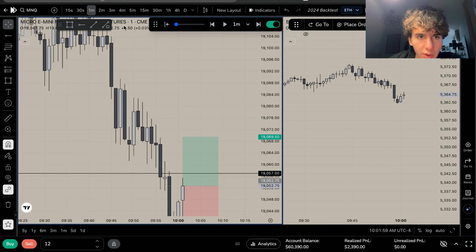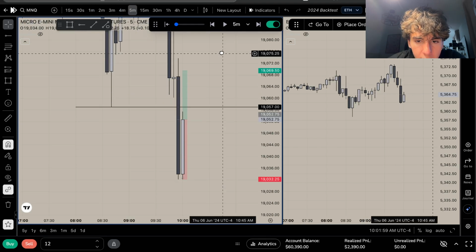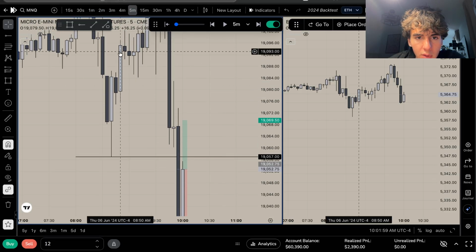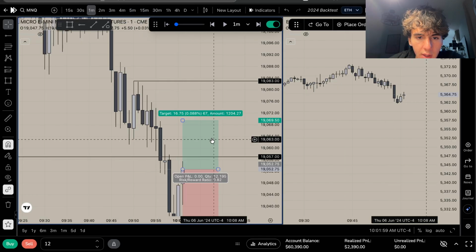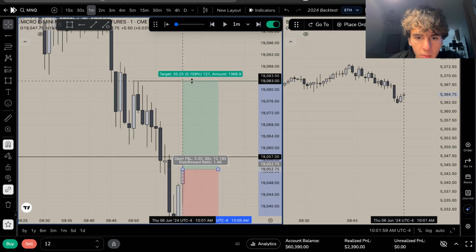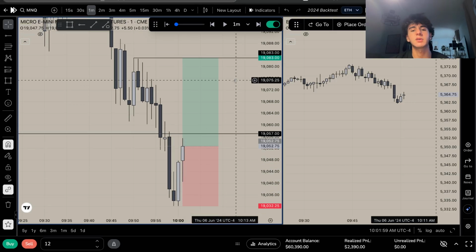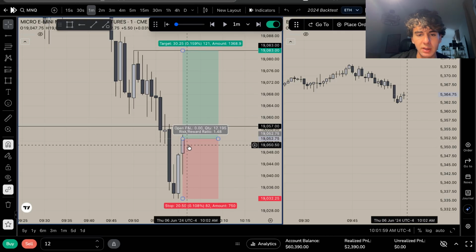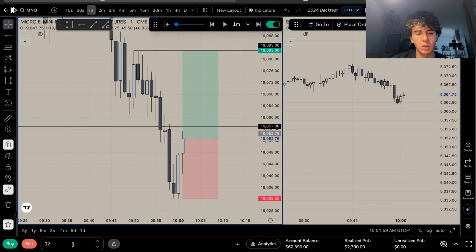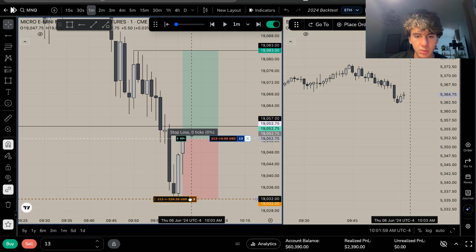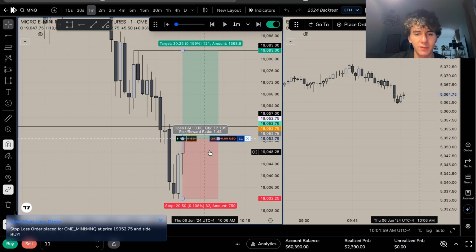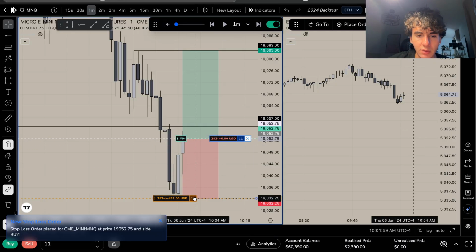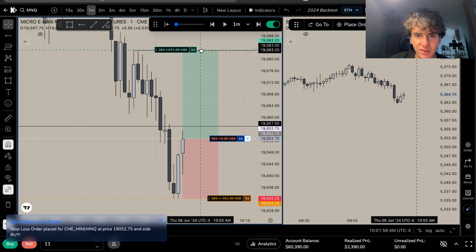We have good low resistance right here. And yeah, honestly, I'll just take this up here to the unfilled 5 minute. And that would be calm. Calm little 1 to 1.5 basically. So yeah, I'll take this 1 minute here. Feel good about it. Yeah, I'll risk like 13 on this, I think. Oh my god, I'm always like 1 or 2 contracts off. I like to stay under 1% for my backtesting.